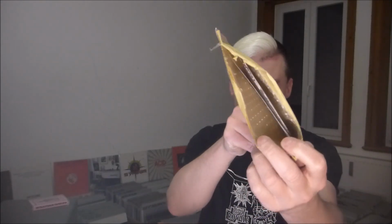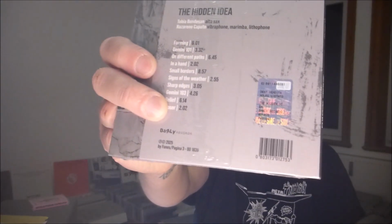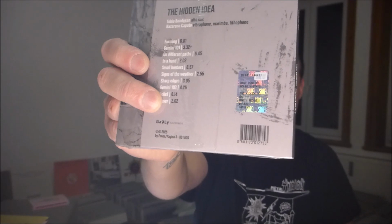So what we got in here is something you see first. It seems to be a CD, and it is one, and we got a little note here. And we got a CD that is once again wrapped in protective foil, with an interesting thing. Before I remove the foil, if you get stuff from Italy, CDs or records, or you ship them to an Italian distributor, they have all these little silver stickers on there, which is something very specifically Italian, because I don't know exactly what they mean, but as far as I understand